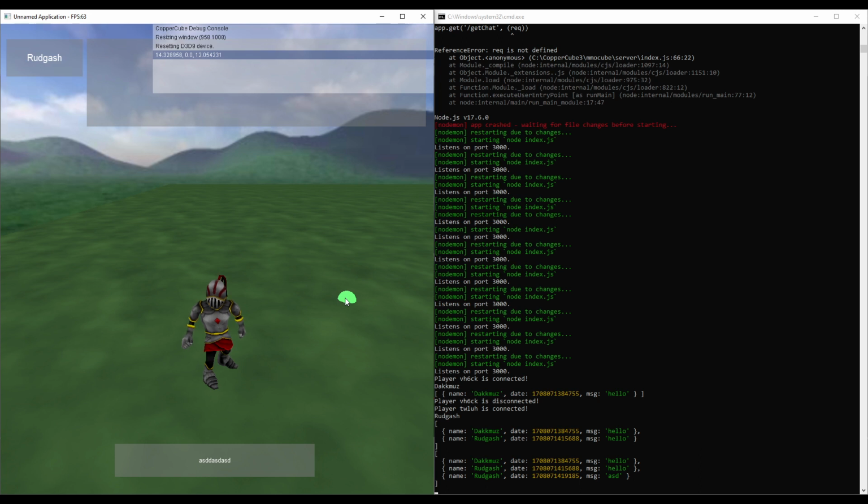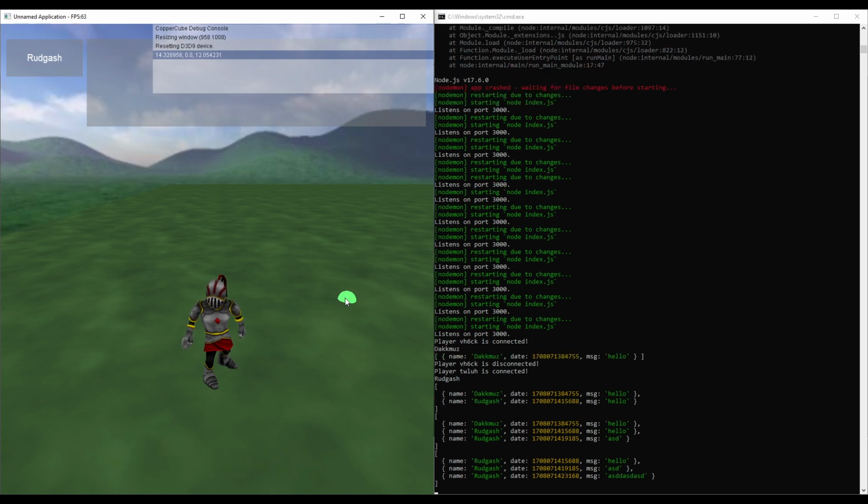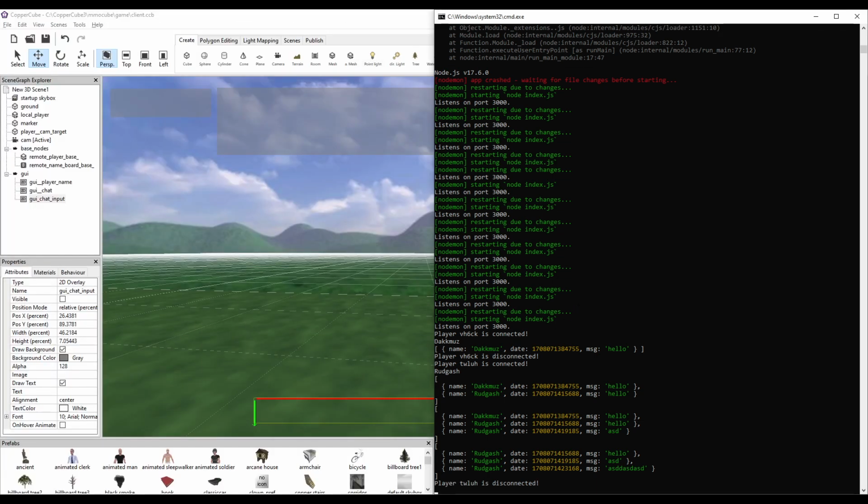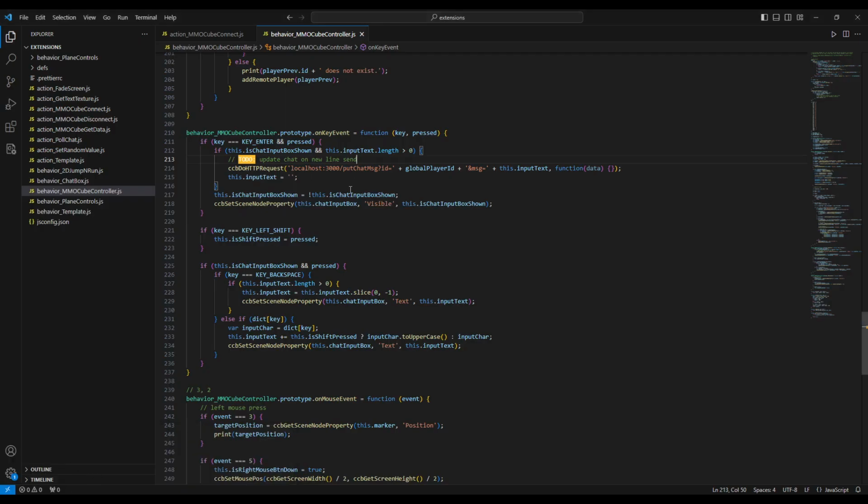First of all, it doesn't. Okay, it does clear the text. This is a text. Okay, and why doesn't it? Okay, I see what the bug is. So here, when we input a text, we also need